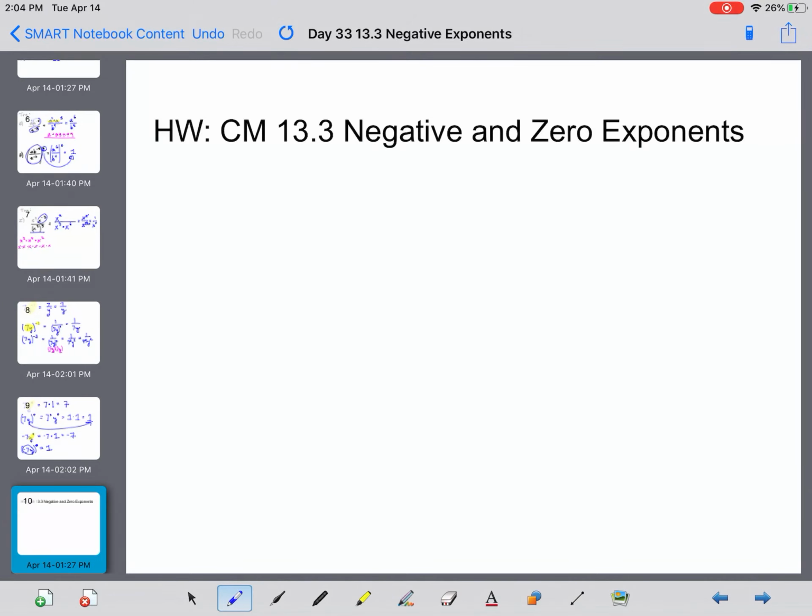Homework for tonight is going to be 13.3 in Connect Math, and it's going to be negative and 0 exponents. There's a lot of just playing. I really encourage you guys to write these out and to really look and see what happens. There's a lot of simplifying that's going to happen, and there's a lot of opportunity for you guys to practice all of the different exponent properties. Good luck, and please let me know